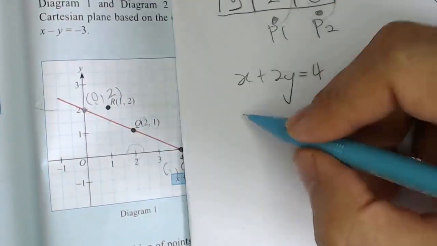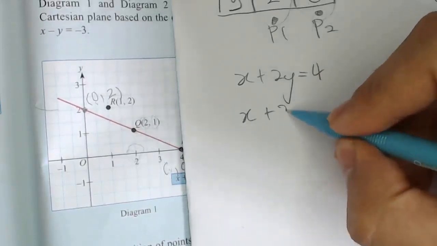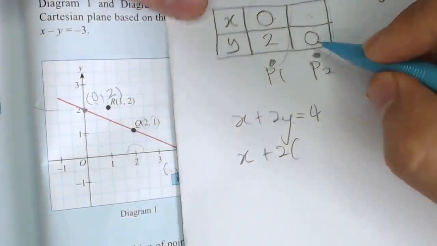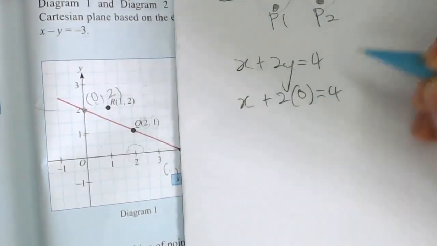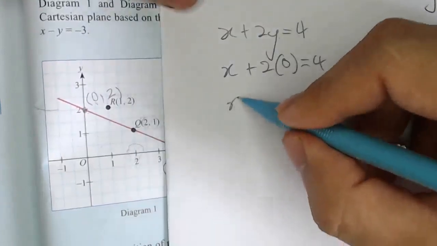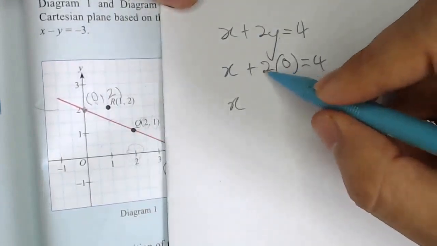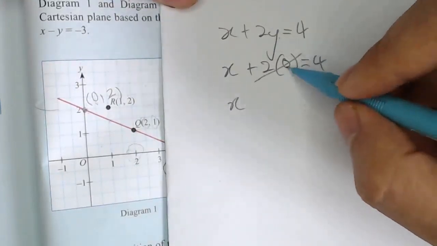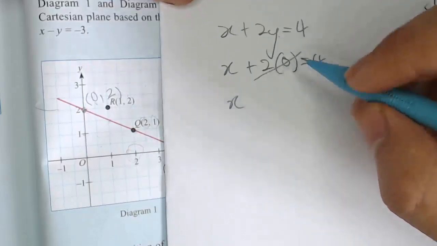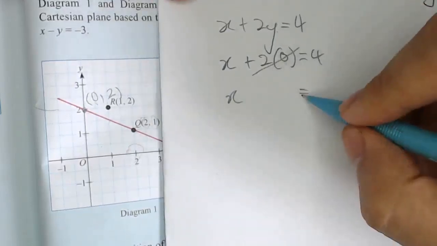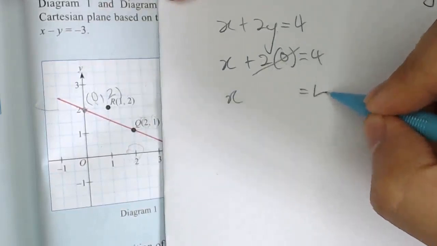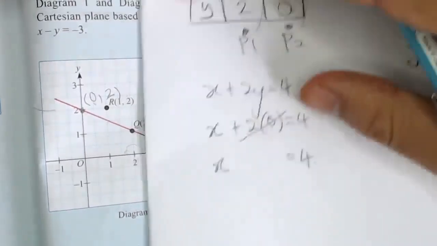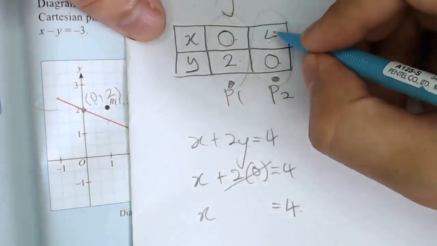Okay, so let's begin the substitution. So y here is 0. So we can eliminate this term, put it away from the game. Why? Because whatever multiplied by 0 is 0. So all that is left is telling us what the value of x is. Okay, x equals 4. So here we fill in 4.